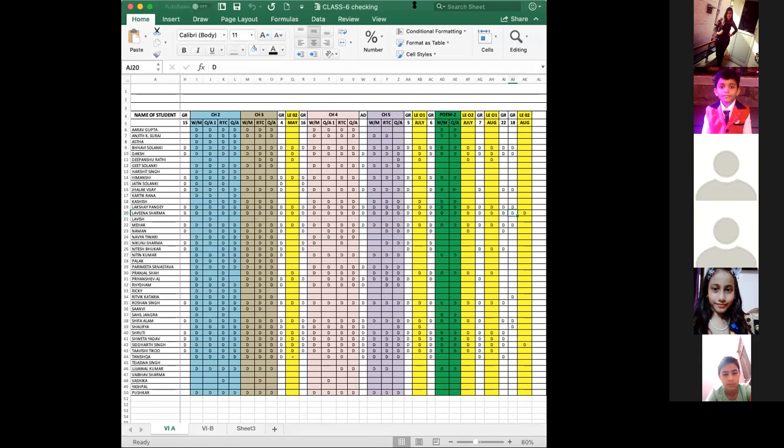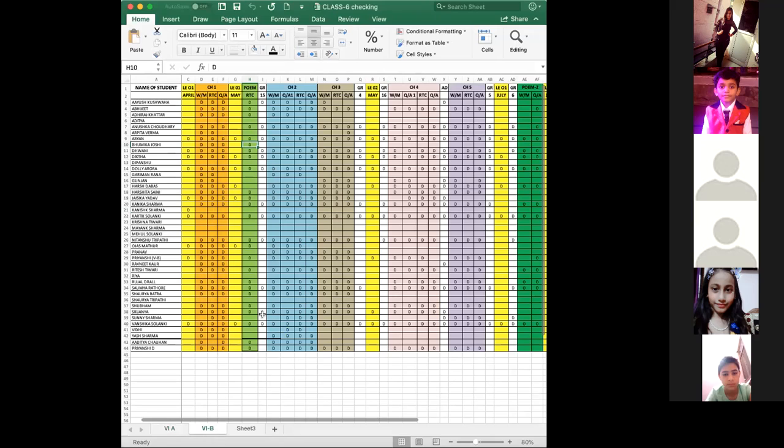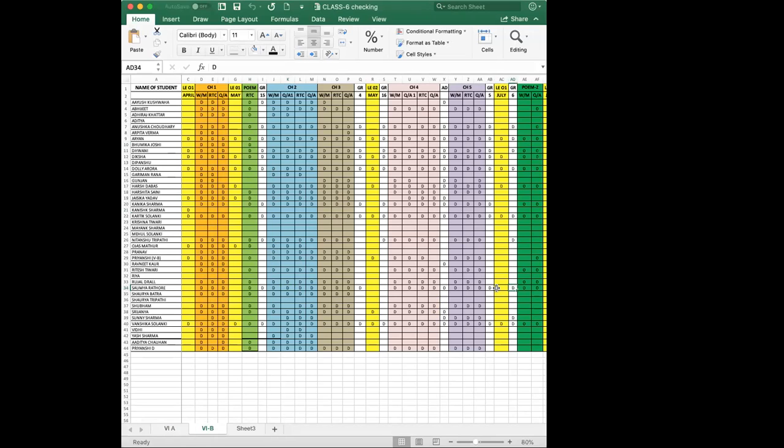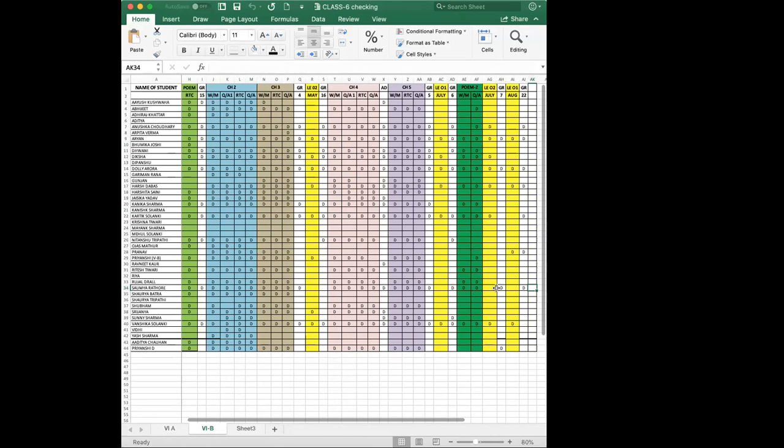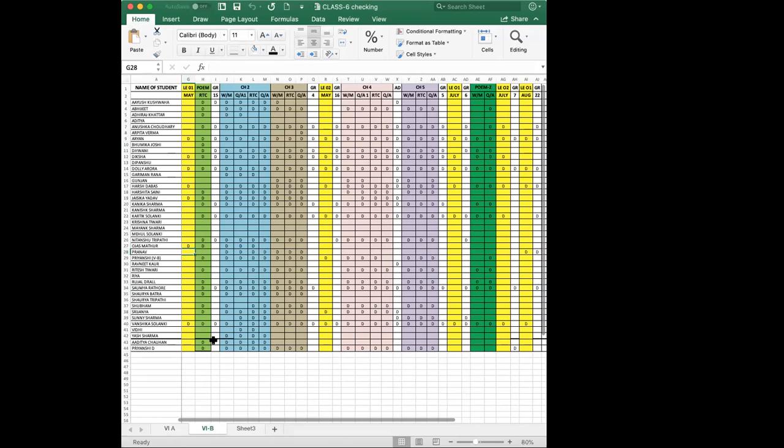6B, I have shown you the progress of your work. Soon you are having a parents-teacher interaction. That means your parents will know your work by now. Kindly complete your work and send it to me by today. See, a very bad condition of 6B. You can see your name and send the work. Pratiksha, please start sending the work.